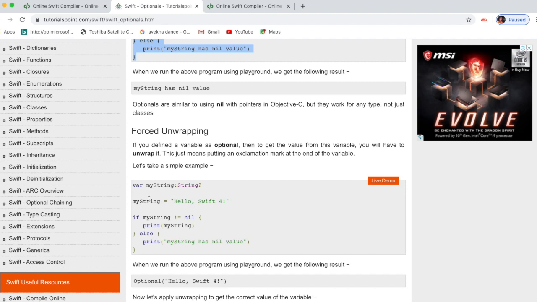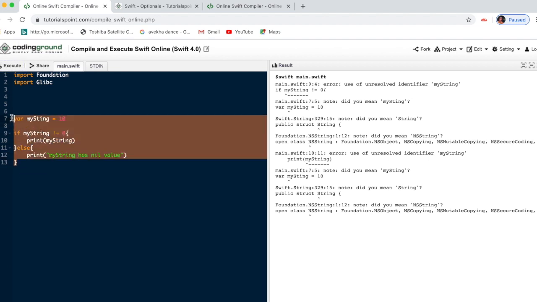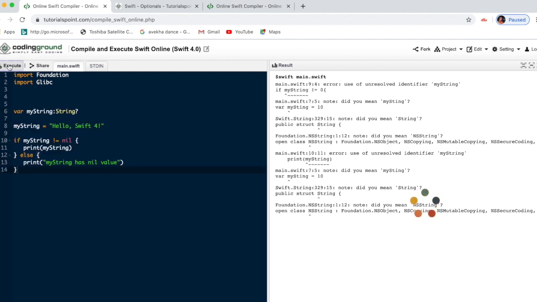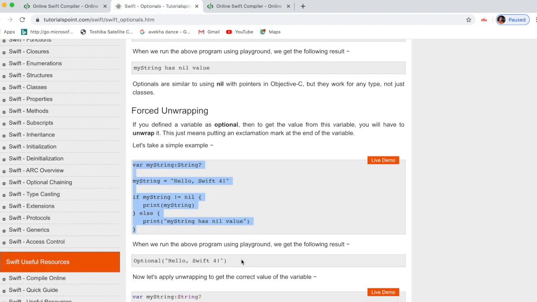Forced unwrapping means, see here, I am telling the string, the variable, saving it with this variable, and checking if my string is not equal to nil, then just print, else print this. This is the way they tell it to print.